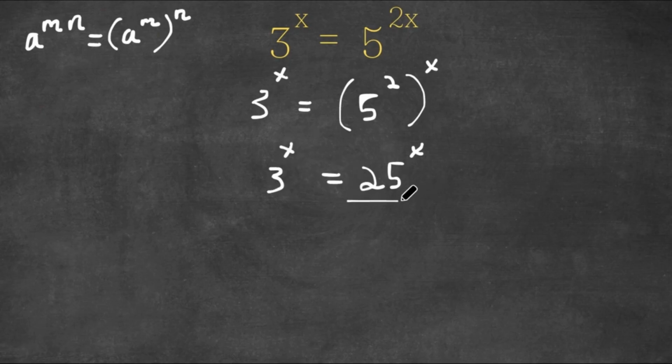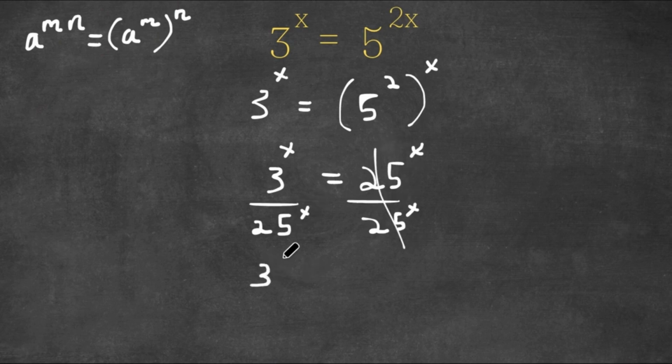Now if I divide both sides by 25 to the power of x, these two cancel out, and I'm left with 3 to the power of x over 25 to the power of x